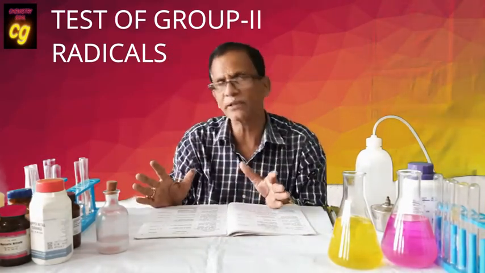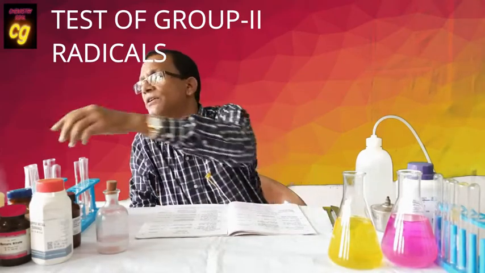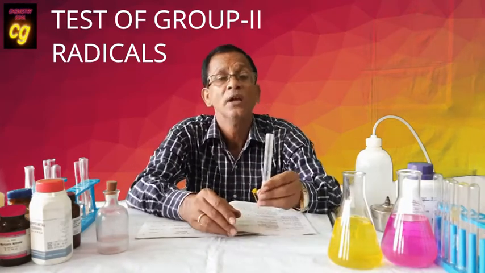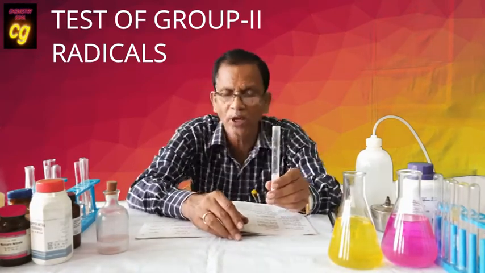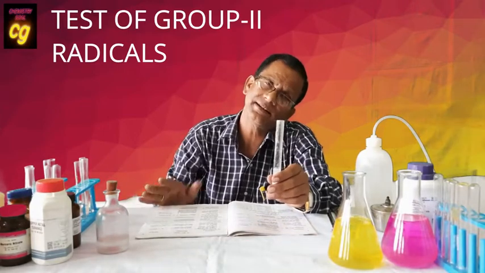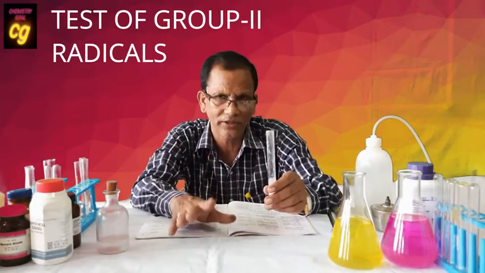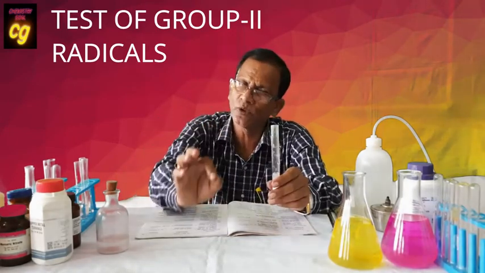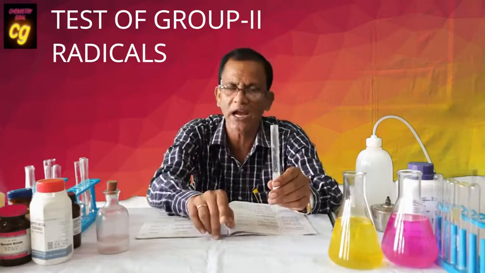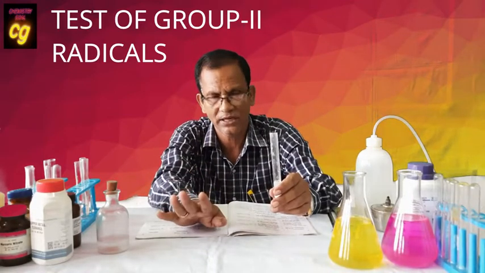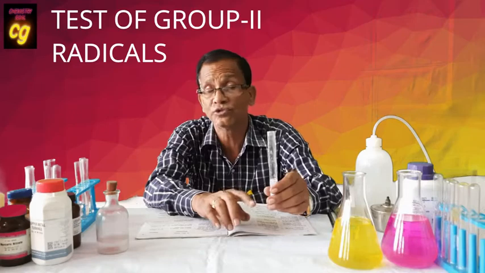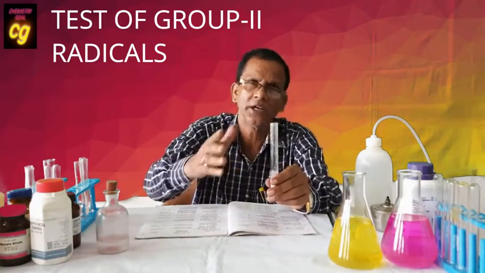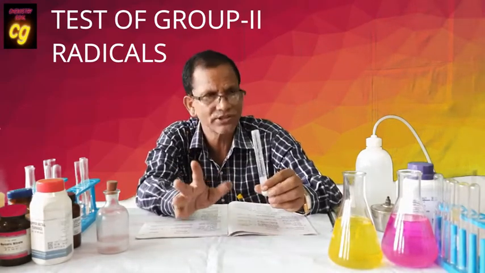Similarly, another important radical is Sn2+. If the solution contains Sn2+, it can be tested using mercury salt. Already we have done this in the mercury test. For the test of mercury, if you add stannous chloride, it gives a grey mass. Similarly, if you add mercury salt to stannous salt, it will give the same result. Let us see the result.